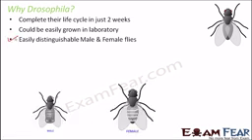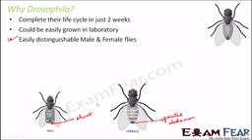Some of the very common differences were that the female Drosophila were normally larger in size than the male Drosophila. If you look at their abdomen, the female Drosophila had a pointed abdomen. If you look at the end of the abdomen, you can see that it is pointed. Whereas the male Drosophila doesn't have a pointed abdomen. They just have a blunt end. There is no sharp end like in the case of the females.